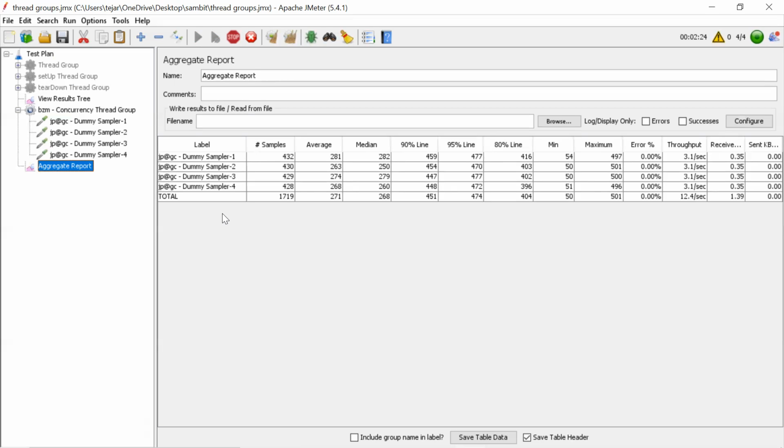Because see here, suppose you have given 10 users, and you have a lot of gaps, I mean a lot of timers in your script. So you can't guarantee that all 10 will hit at the same time. So one user may be done, or 2 or 3, you will get a concurrency. You'll see maximum 2 or 3. Exactly. Correct. You're correct. So to achieve this, irrespective of the timer, irrespective of the script, irrespective of anything, if you want to achieve concurrency, then this is the place. Okay. Got it. It will make the concurrency pattern then. Yes.